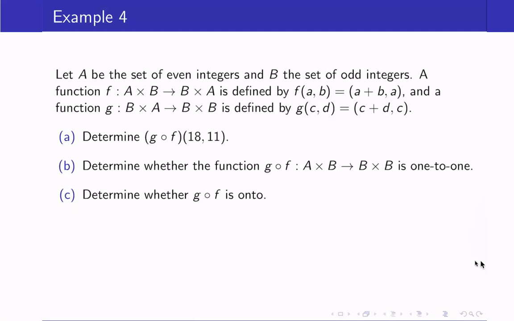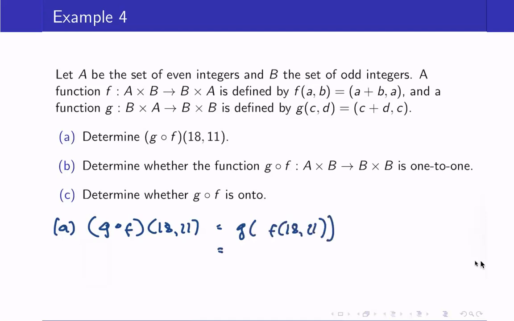However, they are not the same because they have different domain and codomain. Okay? So let's look at A. This is just direct computation. G circle F of (18, 11). So this is G of F of